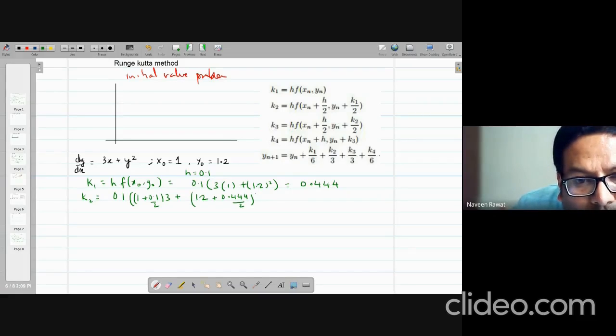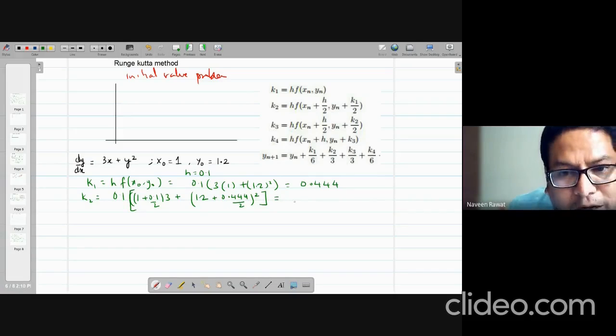That is my value of the function f of xn plus h by 2, yn plus k1 by 2, that is, 3 times x plus y square. K2 comes out to be 0.5172.